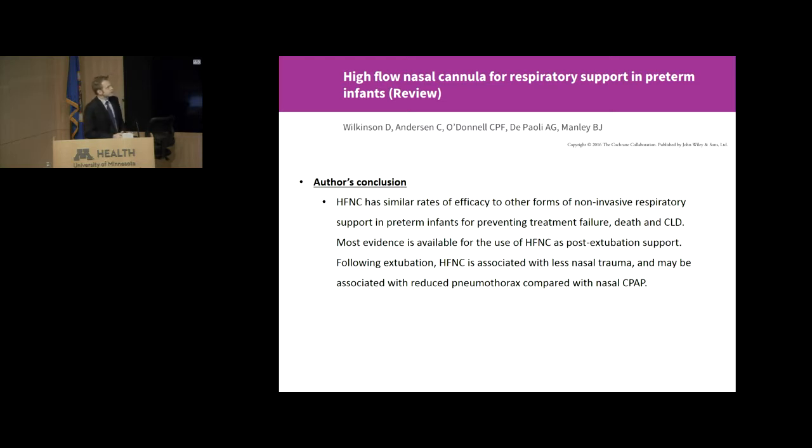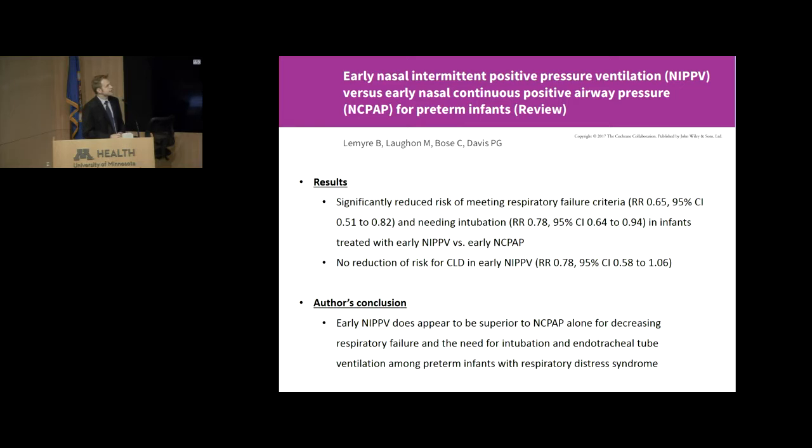Looking at Cochrane reviews that actually compare nasal intermittent positive pressure ventilation to nasal continuous positive pressure ventilation, so CPAP, what we had initially in the delivery room, showed that early treatment with nasal intermittent positive pressure ventilation significantly reduced the risk of meeting respiratory failure criteria and the need for intubation in infants. There was no risk reduction in chronic lung disease, though. And so the author concluded that early nasal intermittent positive pressure ventilation appeared to be superior to just nasal CPAP